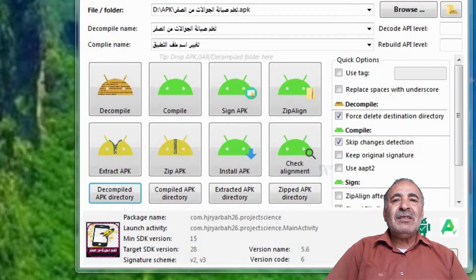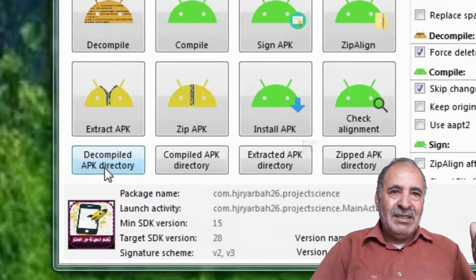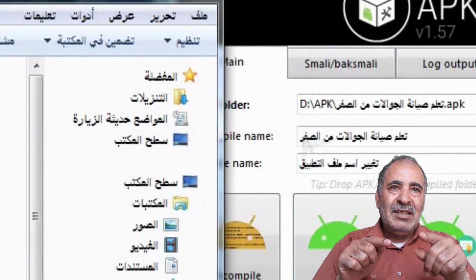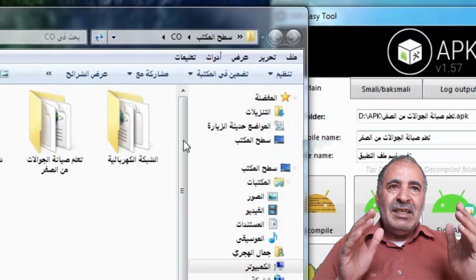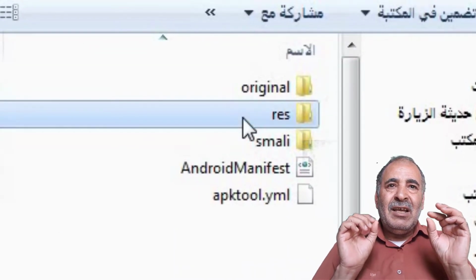Yes, we want to follow this. It's behind me. We decompiled it, and to be sure about the file which we need. Okay,